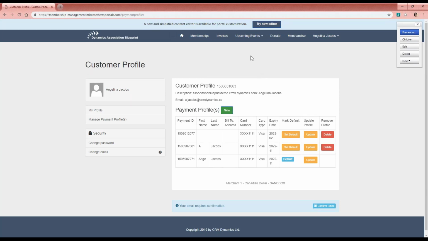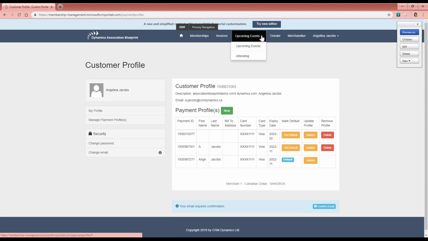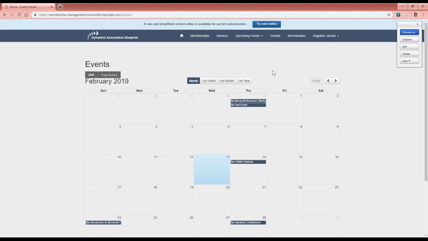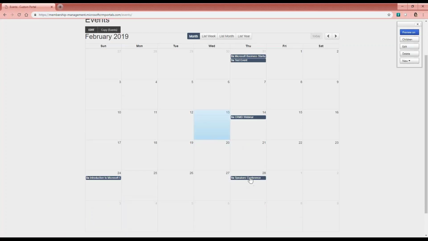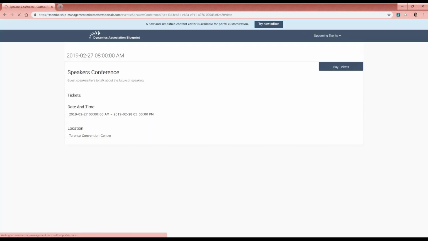I am going to show you just some of the event registration pieces within here. So I'm just going to go up to upcoming events, and let's see what's coming up on the calendar. So your association, your organization can put in upcoming events, webinars, so forth within the CRM system and have it display on this calendar for your members. So I could see, I have a webinar tomorrow, there's a conference here maybe I want to attend, and it's as simple as clicking that,